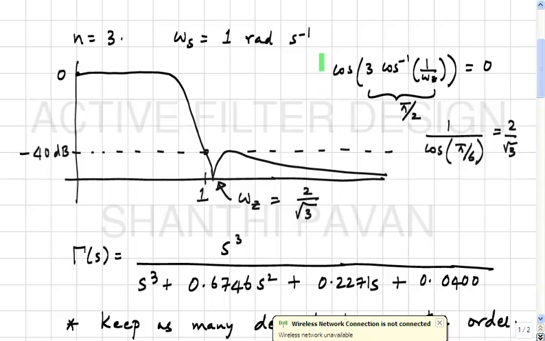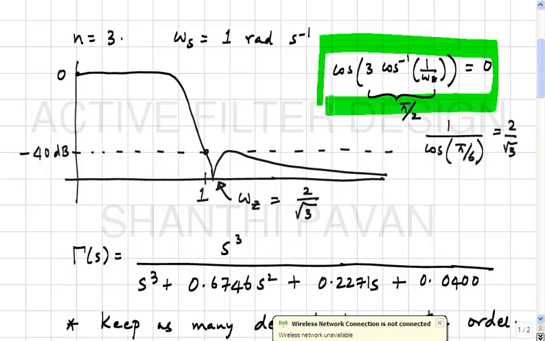the roots of this equation, right, because this is what appears in the numerator, cos of 3 cos inverse 1 by omega z equal to 0, and this goes to 0 for frequencies omega z equal to 2 by root 3 as well as infinity, right. So, then the only finite zero of transmission is at s equal to plus minus j2 by root 3. And then we said that we go through the usual